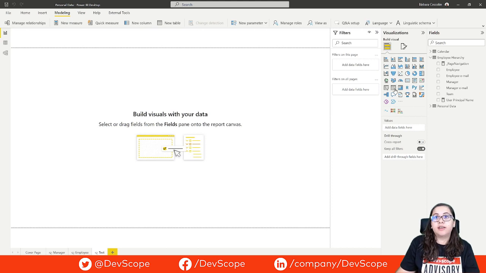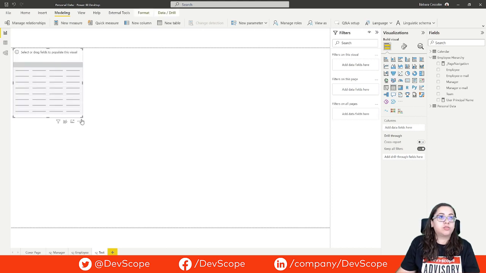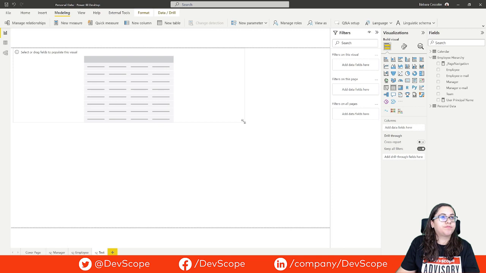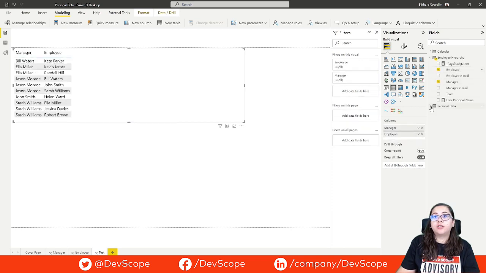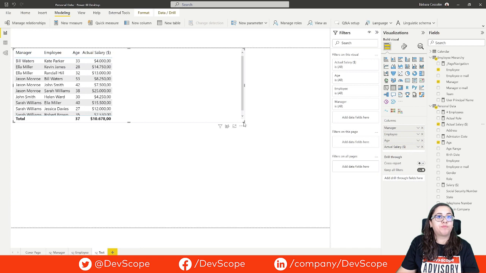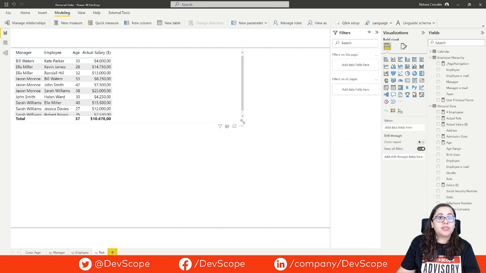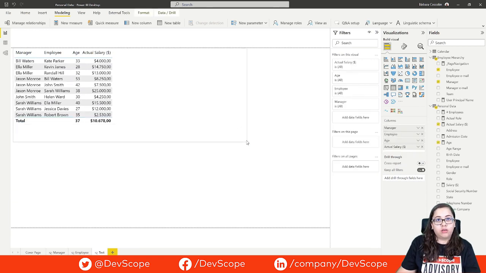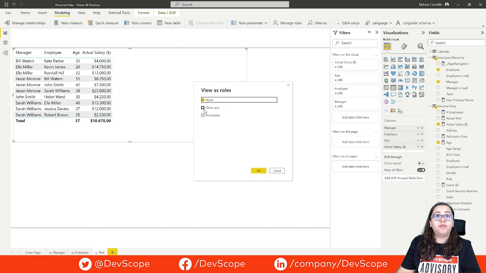I will create here a very simple table so we can see the row level security in action. For this table, I will add the manager, the employee, and some personal data. Let's see, the age and the actual salary. As we are not viewing as anyone, not a manager, not an employee, we can see all data we have in our tables. But if we go here and view as other user